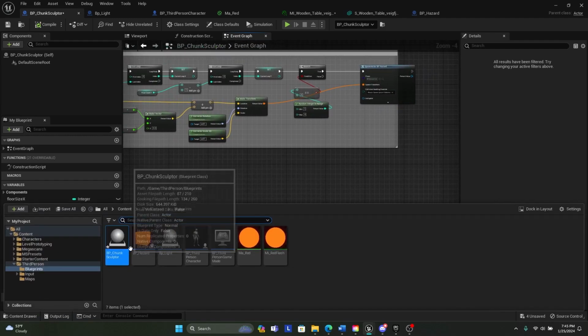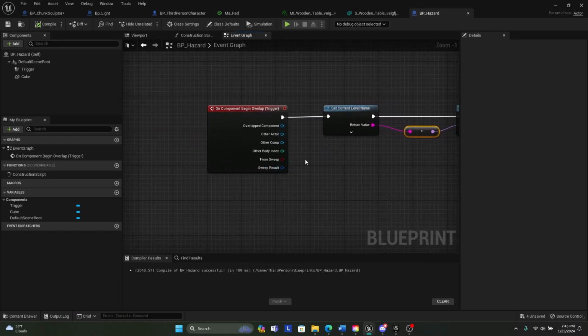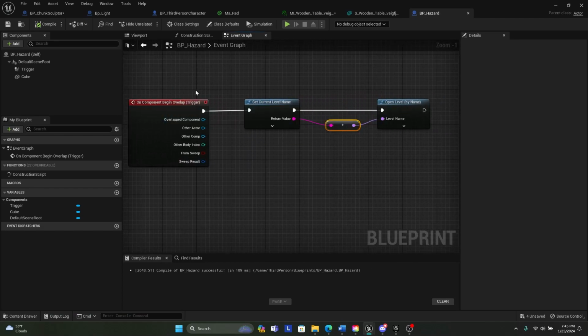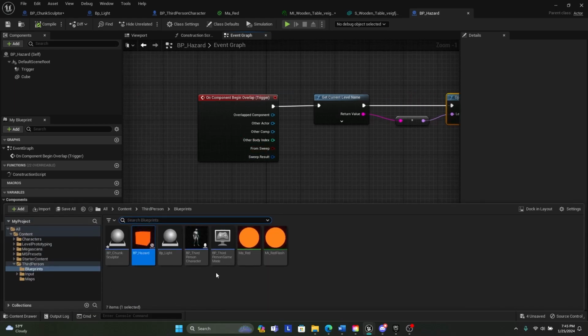I also made that BP hazard. This is how the code works for when you run into it. I just have it on begin overlap, and then it gets the current level name, and then it reopens the level. So it just resets the level, similar to how the R key resets the level. And I also made